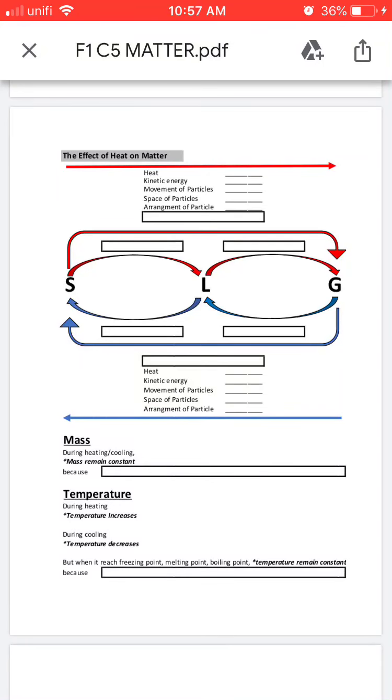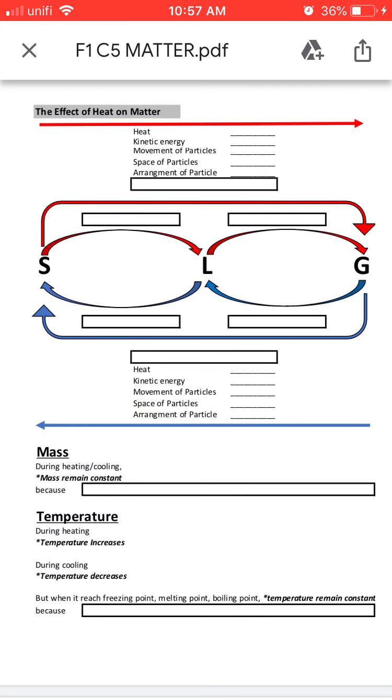So next page, the effect of heat on matter. I've simplified the content from the textbook into one page on this topic, the effect of heat on matter. Now, as you know, solid can turn to liquid, liquid to gas, and gas can turn back to liquid